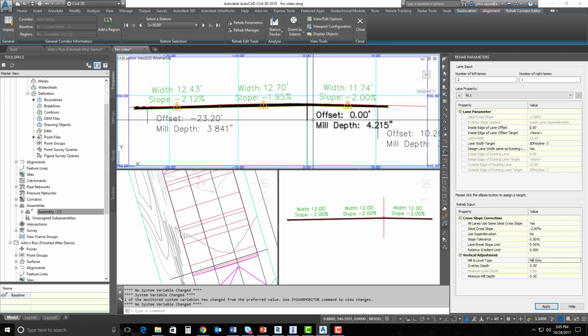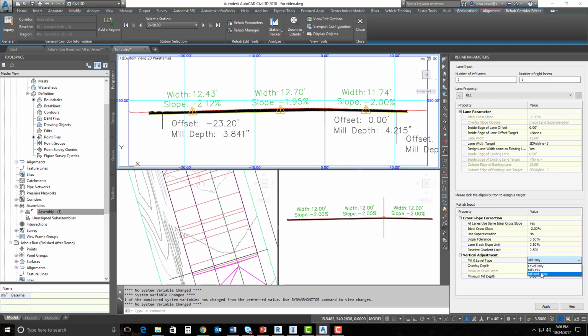And you can see at each edge, at each point, what those milling depths are. This can be controlled differently, so we can label this differently in our code set style. Out of the box, this is what it gives us, so that's what we're going to run with today. We could actually change this to a mill and level, and it would give us the same information up here in our cross-section view, but just show a mill and level condition instead of just a mill only. All right, once we're happy with our corridor and the information that we've got in there,